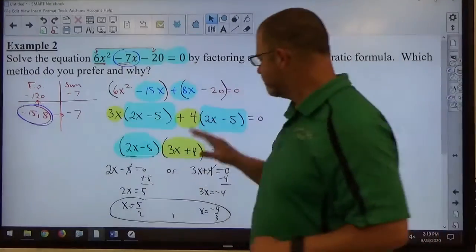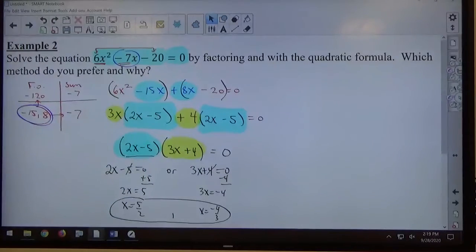All right, so that's the factoring technique. It gets us two answers, 5 halves and negative 4 thirds. Okay. If we had done the same problem using the quadratic formula,